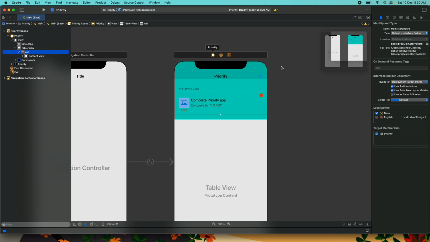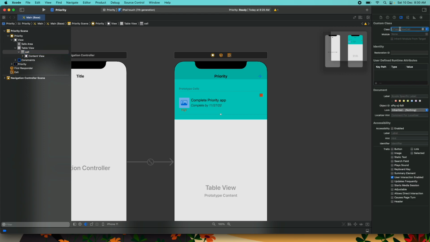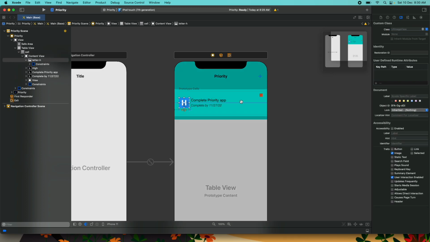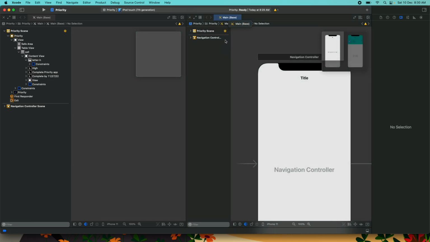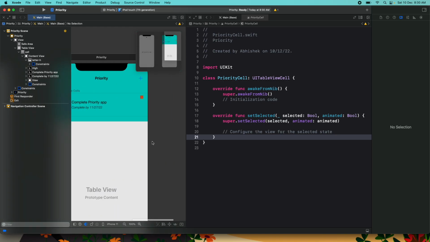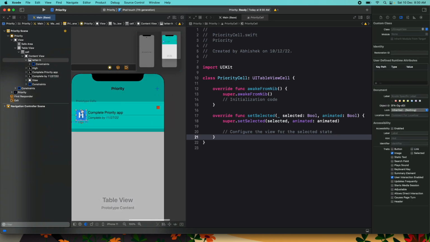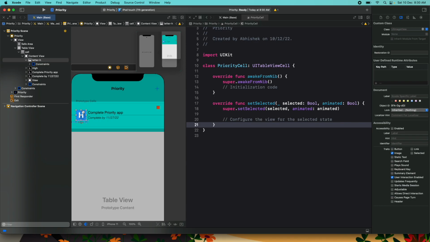So there was some issue in Xcode. We'll select the cell, and here we will enter our priority app. Priority cell. Now everything is fine. Now we will remove and add here, select our code, priority cell, and then create the outlets. So H, control H. This is the